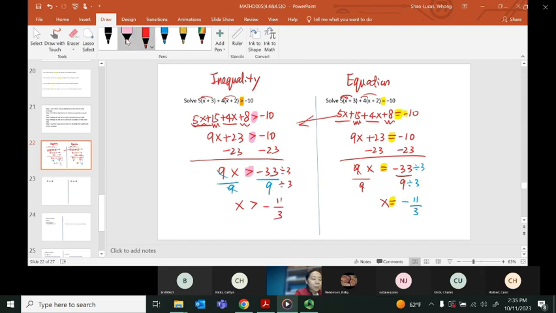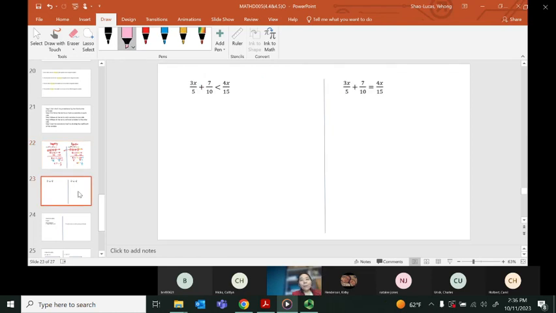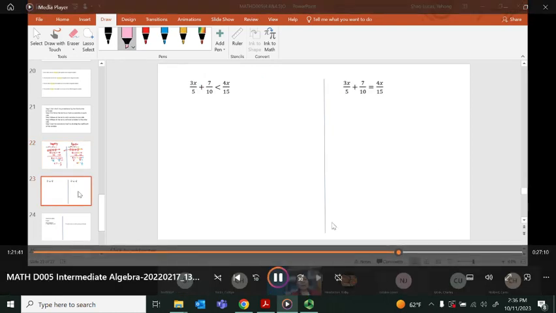That's why I'm saying if you remember how to solve equations, you shouldn't have any trouble solving inequalities here. Now, the one with the fractions, I noticed, although I did give a